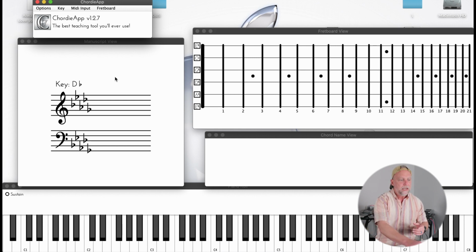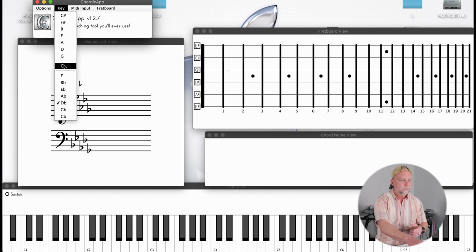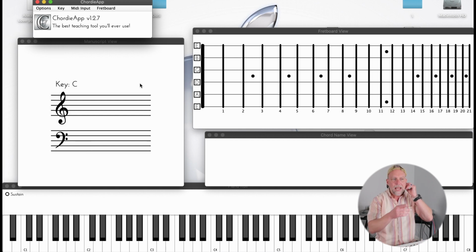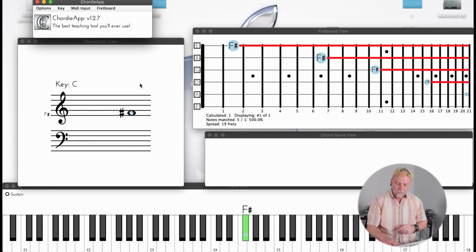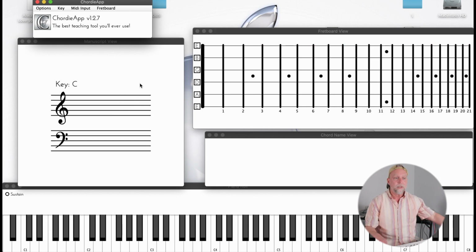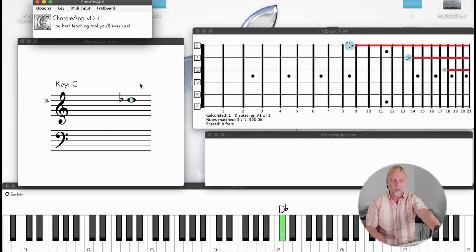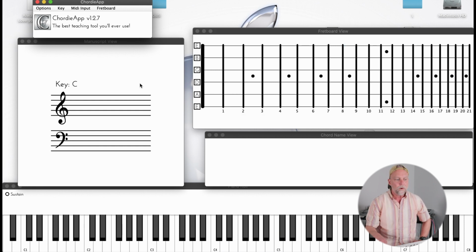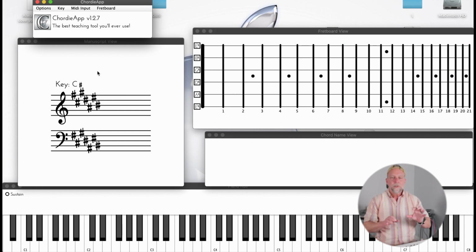But if we're sitting here, let me put this back. I'm going to move this back to C. But if we're back in C, now if we count up 5 from F sharp, that is going to put us here. Now this is actually the D flat, which is going to be a C sharp. Since I'm in the key of C, it's going to show this as flat here. So D flat and C sharp is the same exact thing. They are enharmonic. So if we're at the C sharp and we count up 5 more,